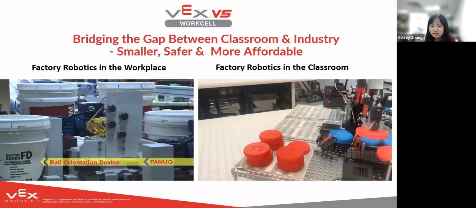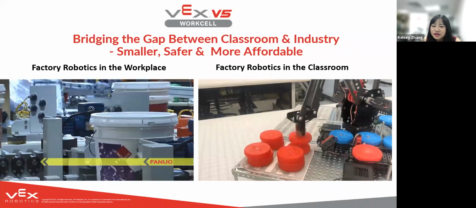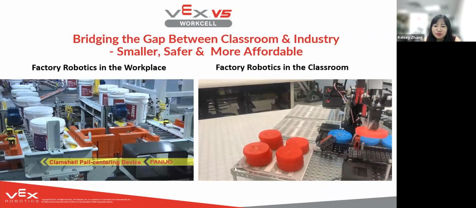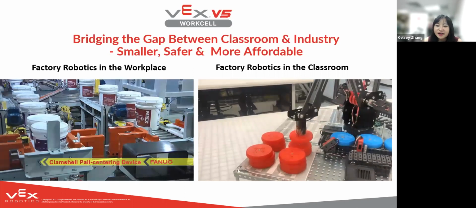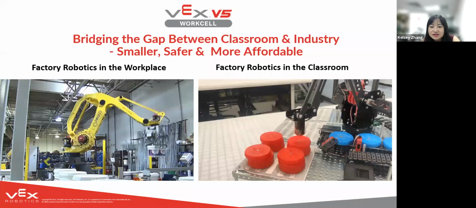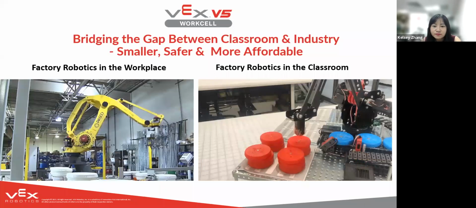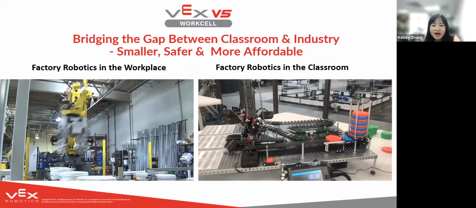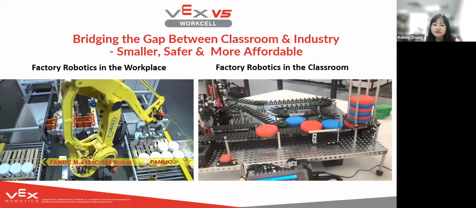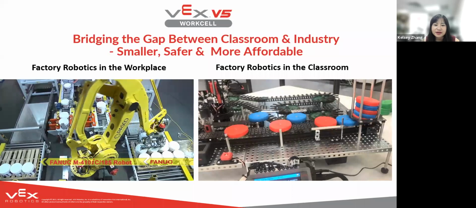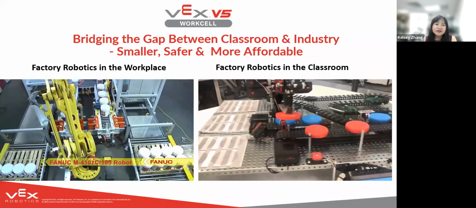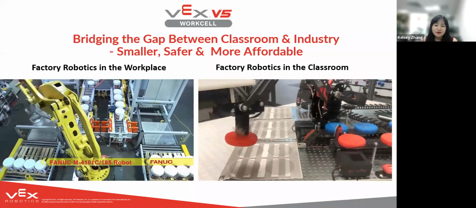And we can see in this video, the robotic arm is imitating the industrial robotic arm to perform color-based sorting and palletizing. It has a 5-axis robotic arm as well. So we have a lot of different points of movement here, and it can also move from side to side and pick things up and down. So this is simply a simulation of industrial-level robot arms.